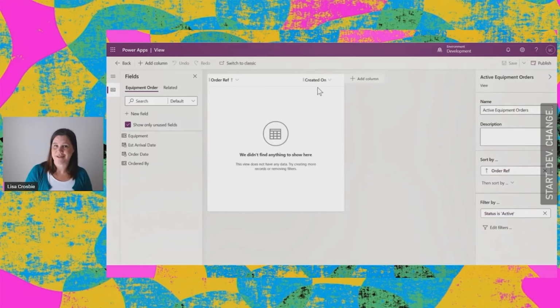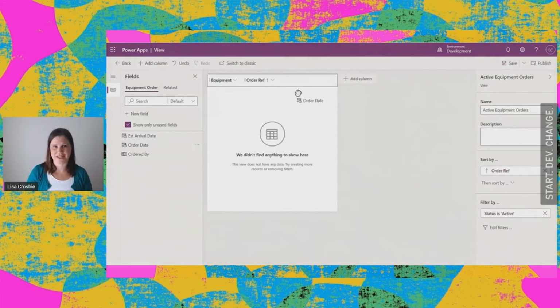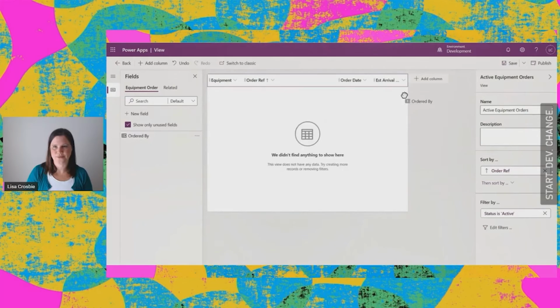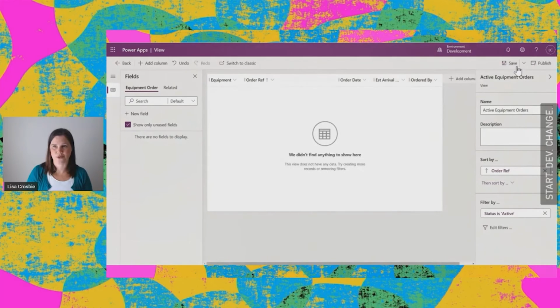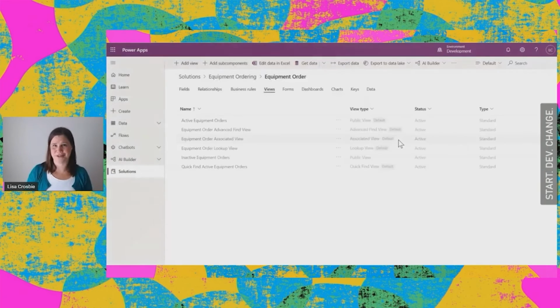So the last piece here is just to create our view for the equipment order entity. So we'll just do a quick drag and drop of those things onto there, and we're all good. So we've got our data model. Now our data model here is very basic. It's only 2 entities. The concept here is that you can build out a data model with dozens or hundreds of entities and all sorts of different relationships, but start here, start with a couple and work your way up.